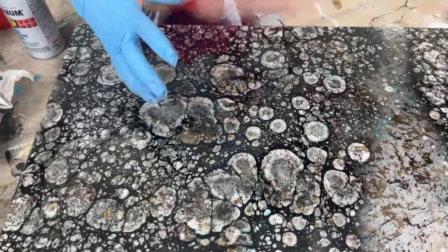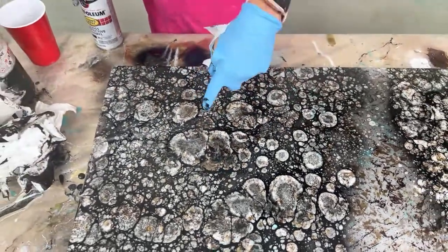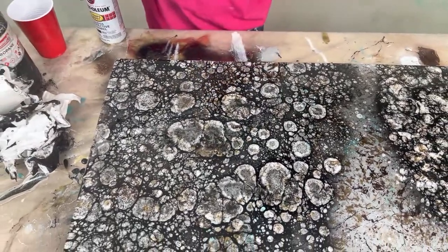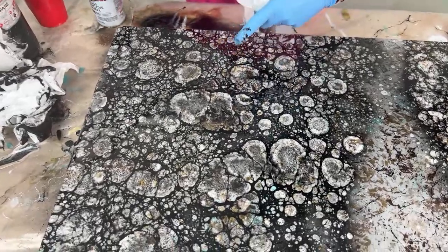If you don't want that big of a cell, you can spot fix it. But you have to make sure that you allow the alcohol that you sprayed on there